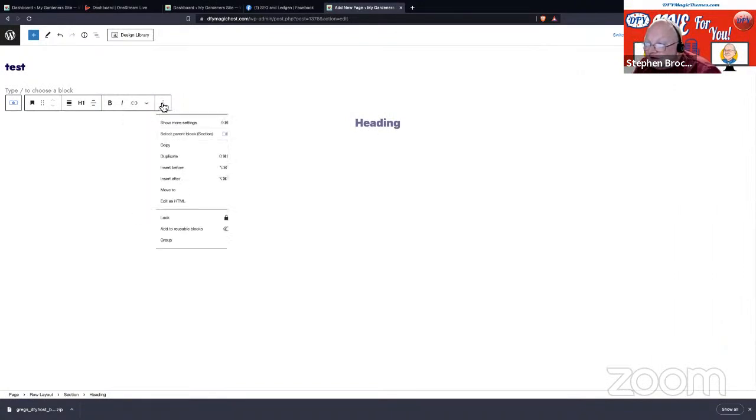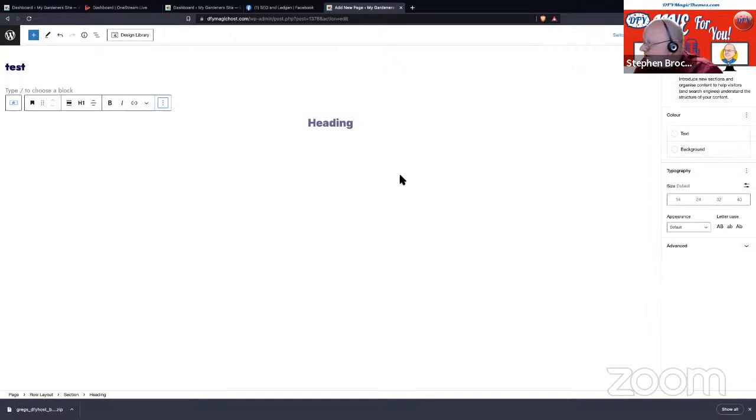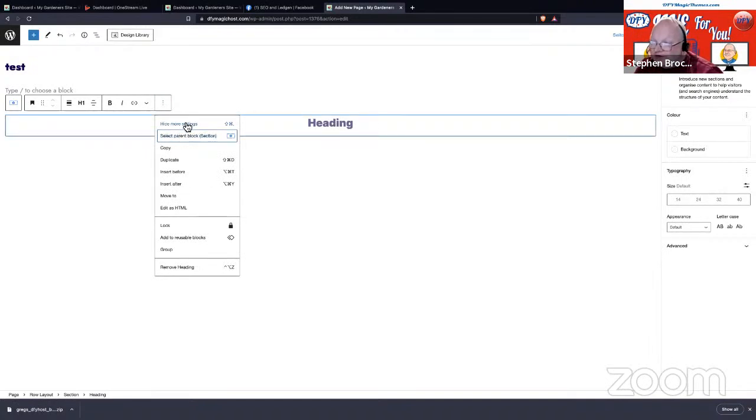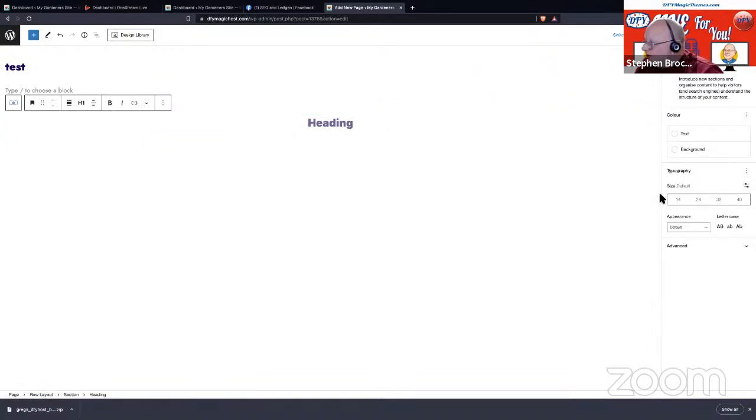And let's find show more settings. So what I did there to get back to it, I clicked on the three dots and I went show more settings. And we can then move on to working on the text size. So I can move this up to 24, 32, 40, and